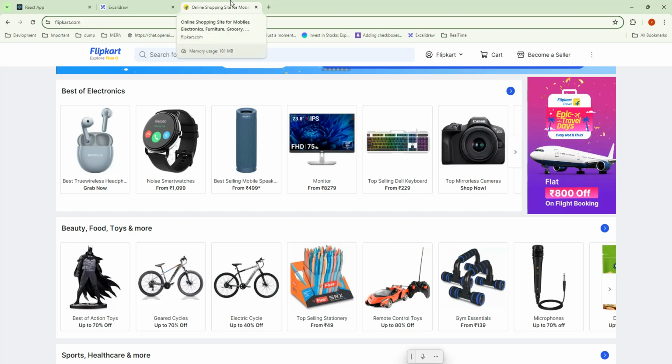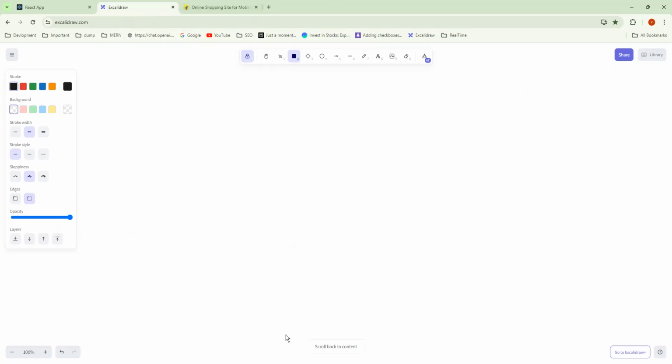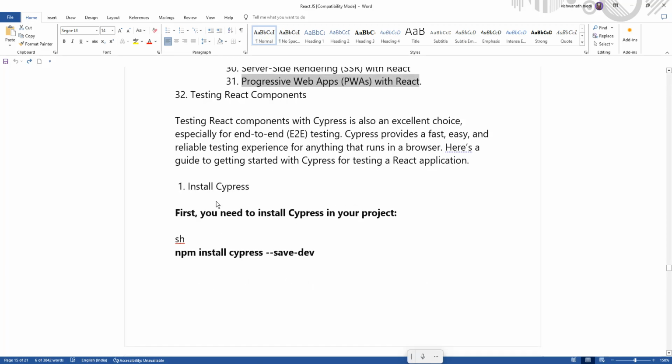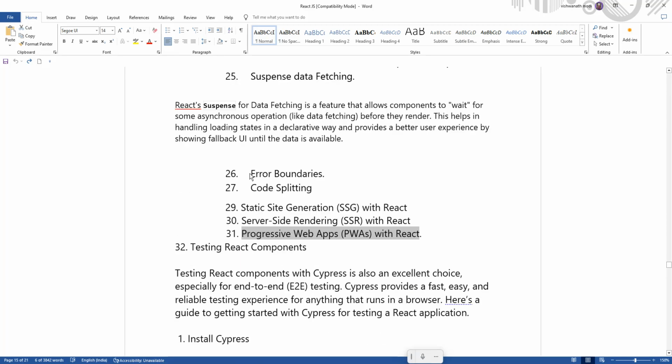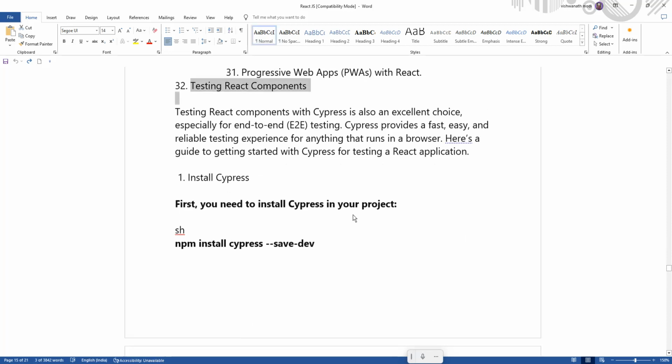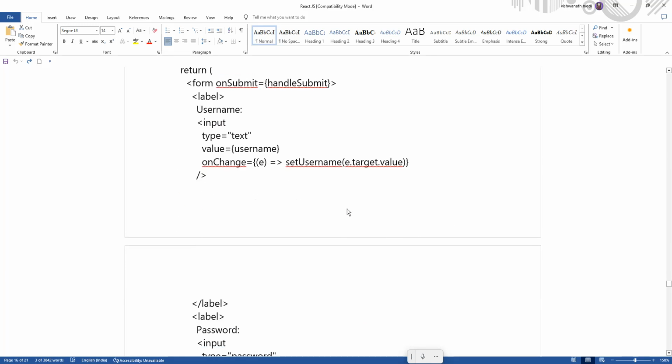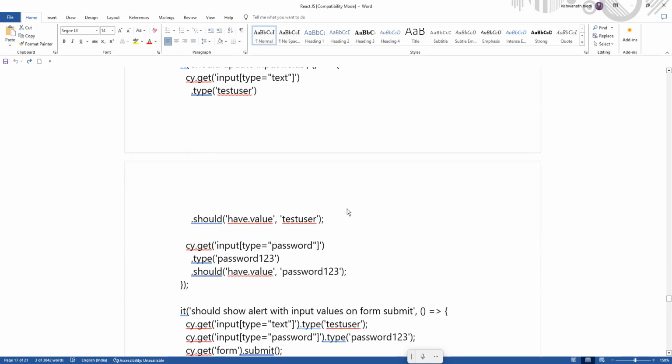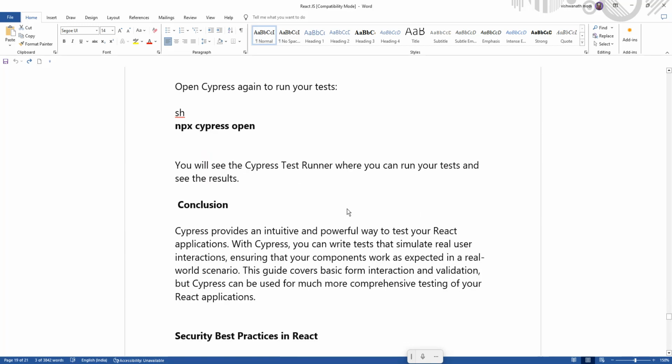Okay, so progressive web app. We are going to see here. This is one theoretical content. I will give it to you so you can go through it, and testing the React component I will tell tomorrow. This is very important, so it will cover one more job profile called testers. If you know testing, how to do testing, then it is easy to scale the application and